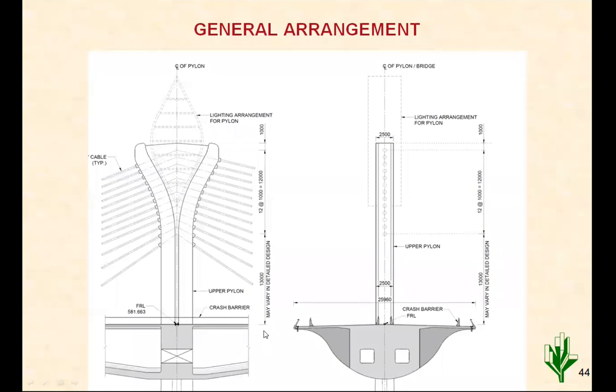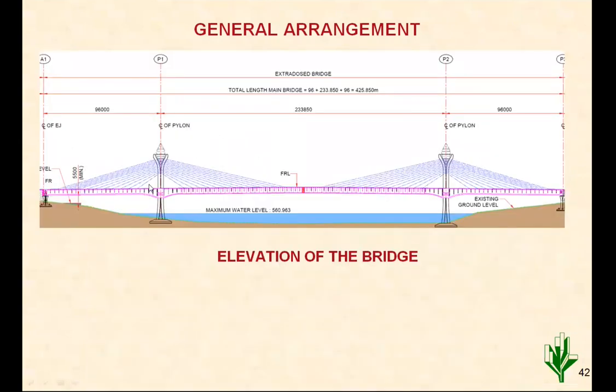Whereas in this case, the pylon height is very less. It is half of that Nagpur case. Here only 25 meter is where the topmost cable is placed from the deck. So it is half the height of the deck. So this is called an extradosed bridge. If you see the elevation, the angle of the cable with respect to the horizontal deck is very flat. Whereas in Nagpur or that Bardhaman elevation, you would have noticed that the angle is much steeper with respect to the horizontal. So the angle of the cable with respect to the deck is the differentiation between these two.